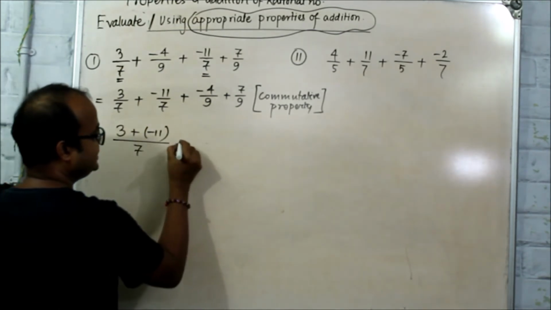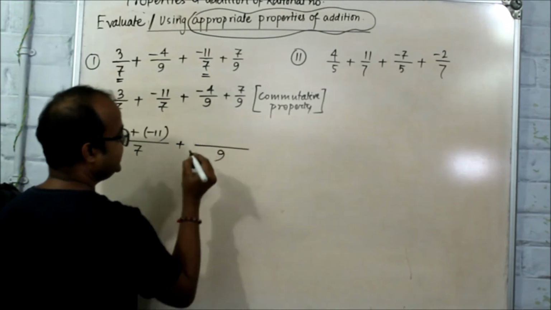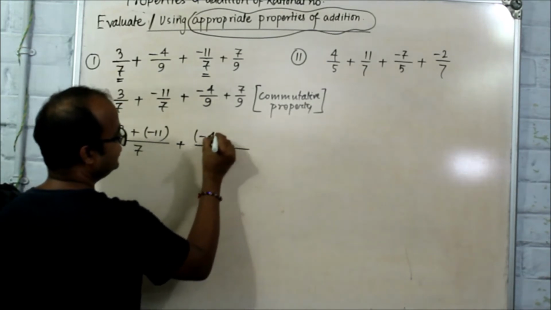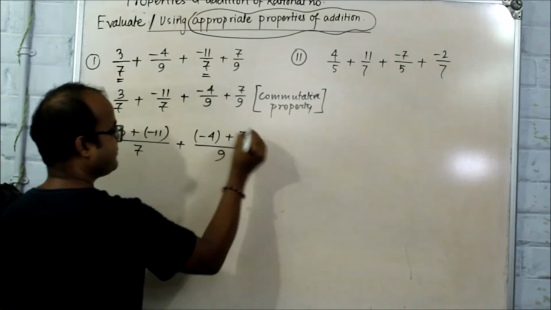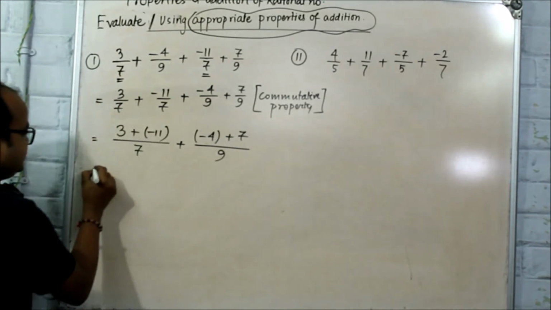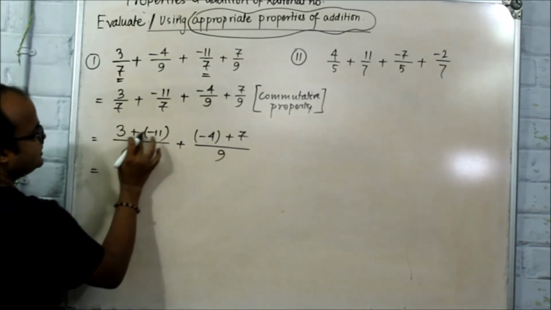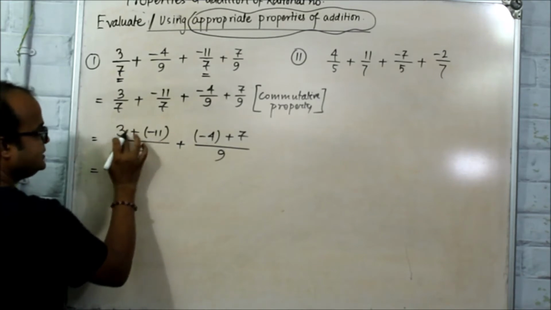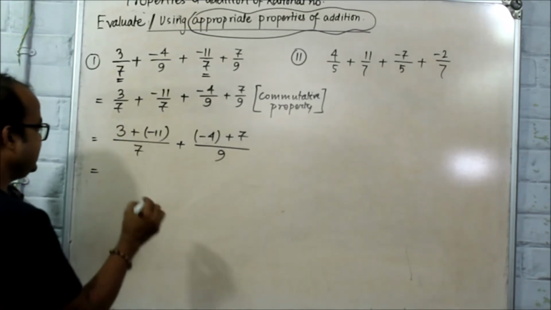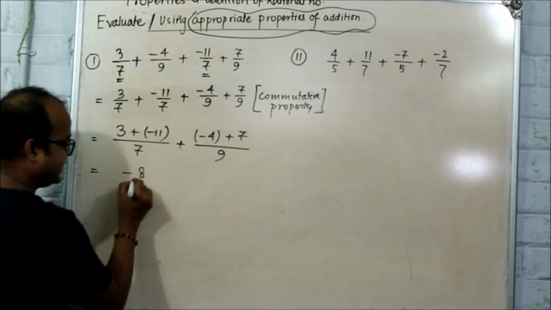Same here, plus 9. Then you will get minus 4 plus 7. So this will be equal to 3 plus minus 3 minus 11. 3 minus 11 is minus 8 by 7